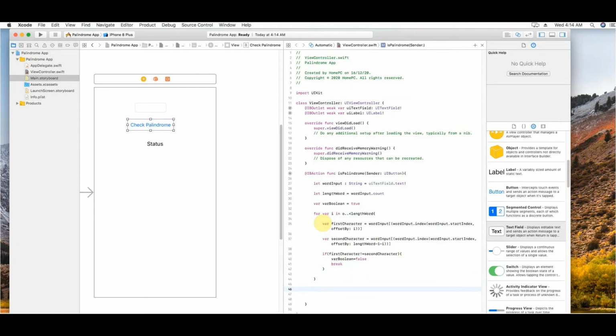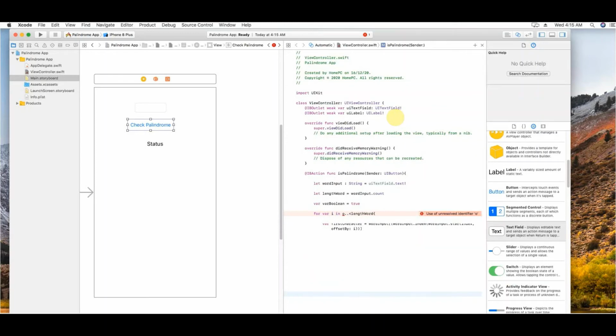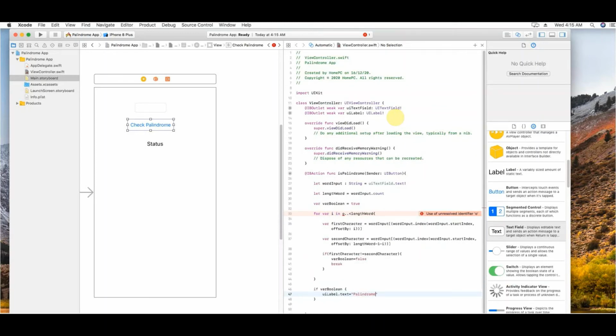Then after the for loop exits, at the end, we can check again whether this boolean variable is true or not. If it's true, then this is a palindrome, and we can use the UI label that we defined above and set the text of that UI label equal to palindrome, of course.